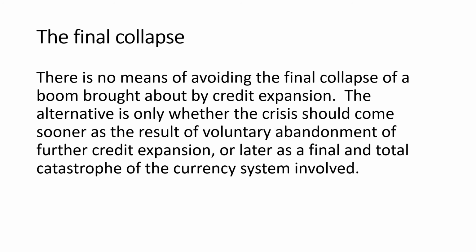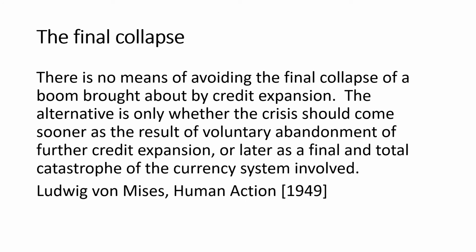So to translate this, what Mises is basically saying is that there was a possibility to save fiat currencies such as the pound and the dollar back in 2008, but that would have required us to undergo a fairly painful period of credit contraction. But policymakers weren't prepared to accept that. What they did was try to build a new credit expansion on top of an existing one. We're now into the policy response to COVID, so you could argue maybe there's a third credit expansion currently being engineered. And essentially what Mises is saying is that if you keep on printing money like this and expanding credit,